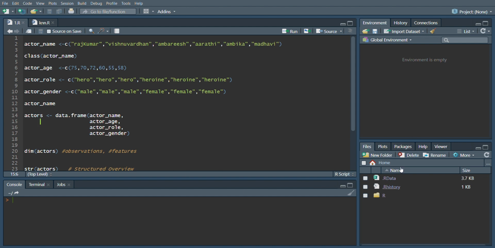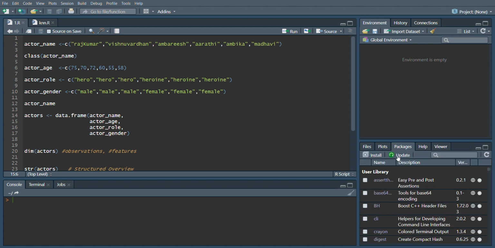The working space or the RStudio environment. See, whenever you launch RStudio, you will get four spaces like this. So this part of RStudio is the part where you can see or view the variables that have been created in the current working directory. And this is the files tab, this part of the window will show you the files present in the current working directory, and plots, where you can view the plots.